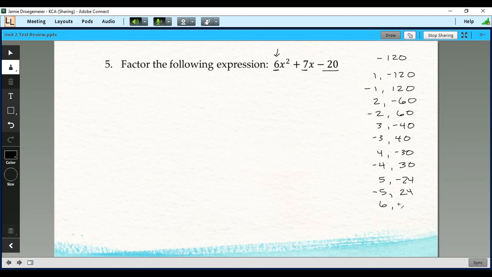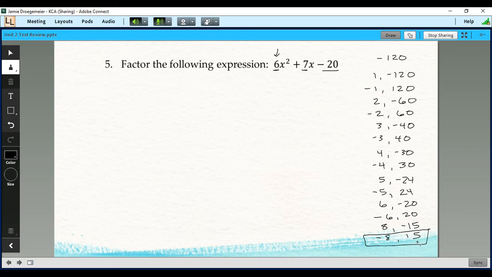We have 6 and negative 20, negative 6 and positive 20. Our next one would be 8, 8 and negative 15, negative 8, positive 15. And just looking through these, I could continue going. I'm looking for a positive 7 in the middle. And if you notice here, my negative 8 and my positive 15, add those together, and I get that positive 7